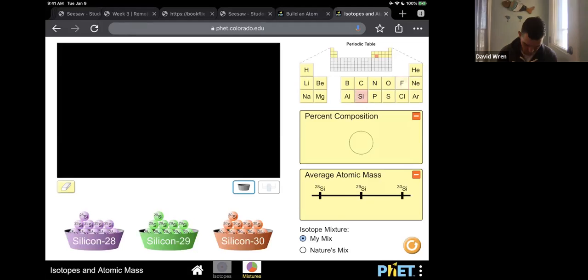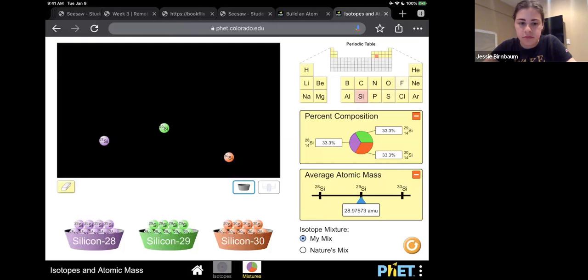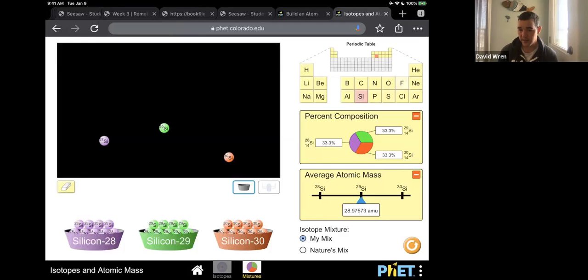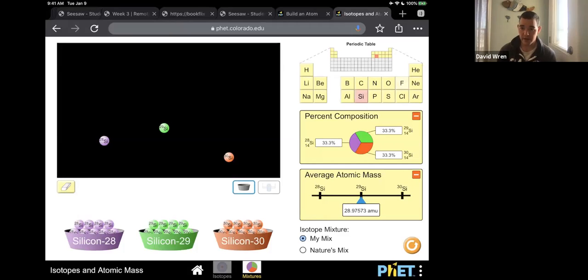If we're equal, let's do equal 1, 2, 3. I could do 2, 2, and 2, but 1, 1, 1 will give me the same answer. You look at the isotopes, because it's 28, 29, and 30, then it's actually hard. If I had a third of each, I wouldn't be able to tell if it were all silicon 29 or an equal mix of all 3, because of the average atomic mass. So this is a little bit harder to tell what's the most common isotope, just looking at the mass.